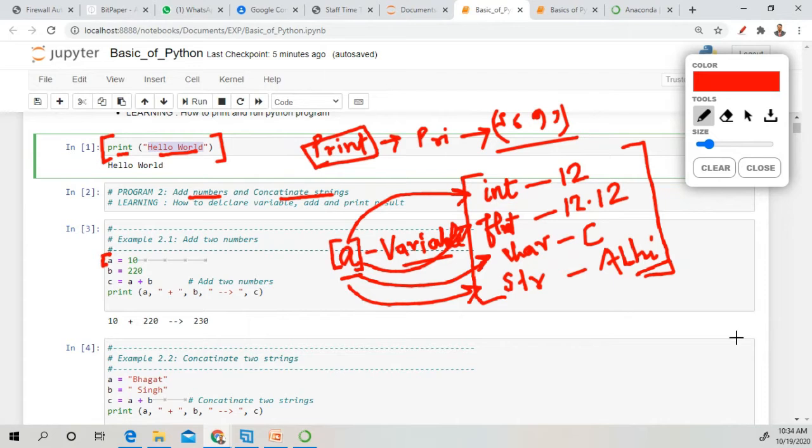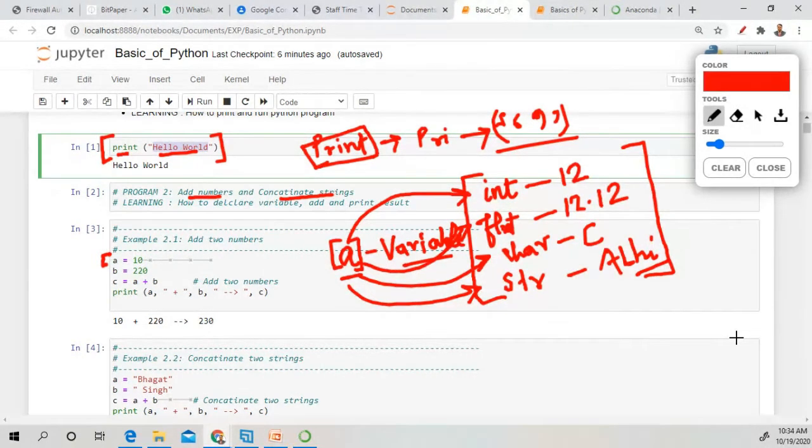It will store those values. So a is equal to 10. 10 is an integer data type. 220 is also an integer data type, and we have stored these two values in variables a and b.